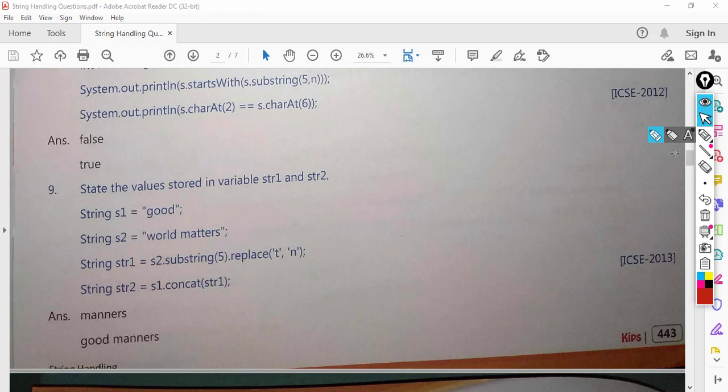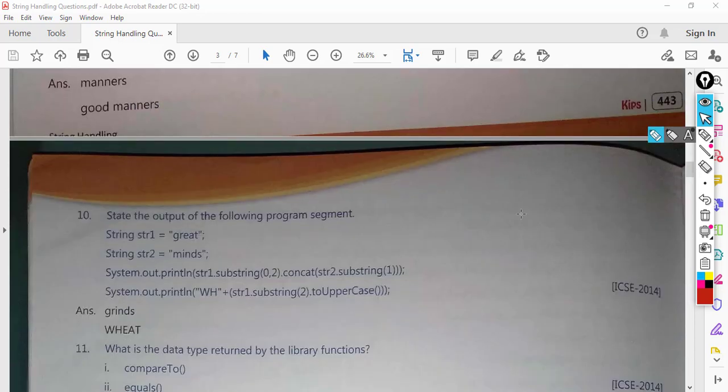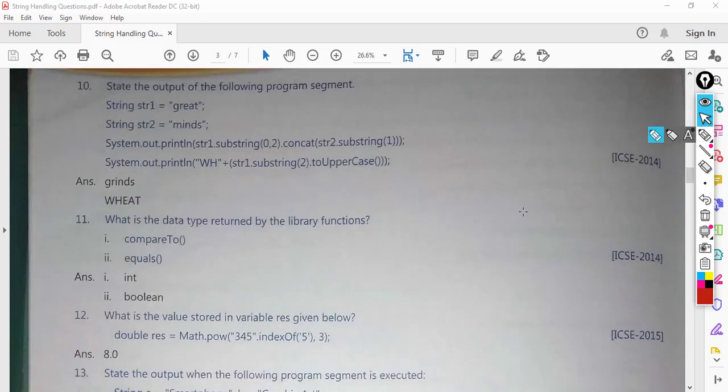Let us see the next one. Okay, str1 has "great" and str2 has "minds". Then System.out.println(str1.substring(0, 2).concat(str2.substring(1))). So first we can solve this. str1.substring, start from 0, go up till 1, isn't it? 2 means 2 minus 1, 1. So 0 till 1. So 0, 1.